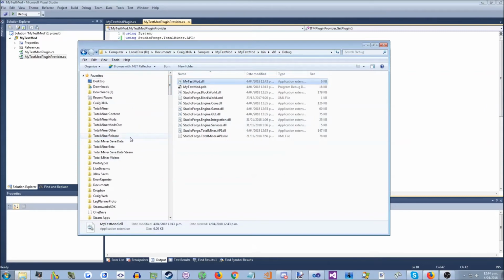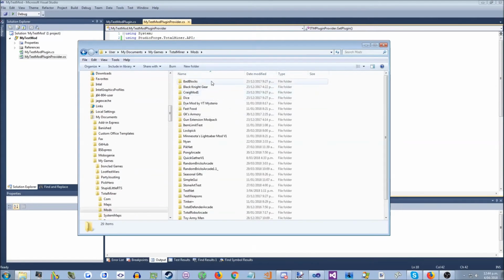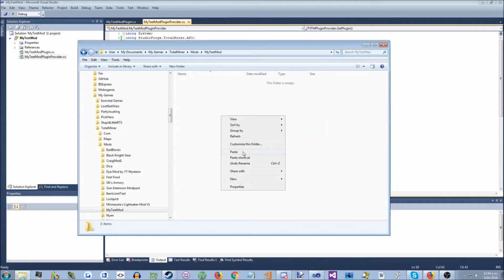Okay, so we've got the DLL, so we just need to now copy that one file. If we go to wherever our game is saving, it's usually in my documents, my games, Total Miner. This is the retail version of the Total Miner game from Steam. This is where it saves all your maps and etc. And there you need to have a mods folder, which is going to have a folder for all the different mods you've got. So we need to create a new folder for your mod. We'll call it my test mod. And then you just copy your DLL into there. Now when you run the game,